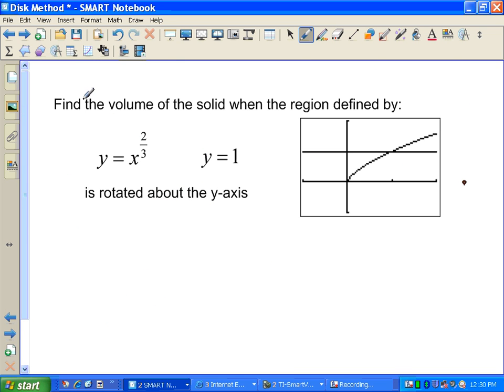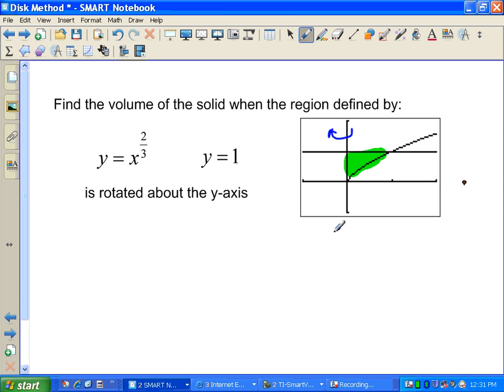Okay? In this case, this time we're going to rotate. We've got the same information. We've got some sort of a solid. Okay? And we're going to find the volume when the region is defined by x to the 2/3, which is this thing here, and y equals 1 is rotated about the y-axis. Okay, so the region we're talking about is this little zone in there, and the rotation this time is about